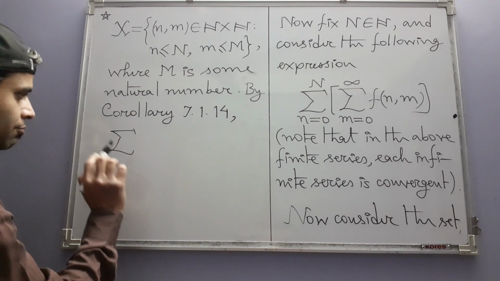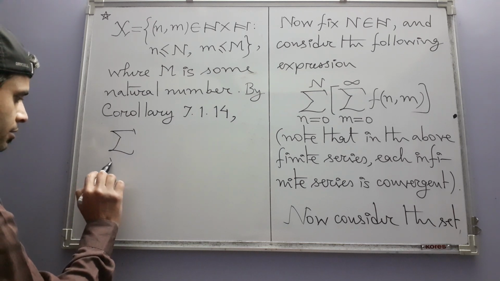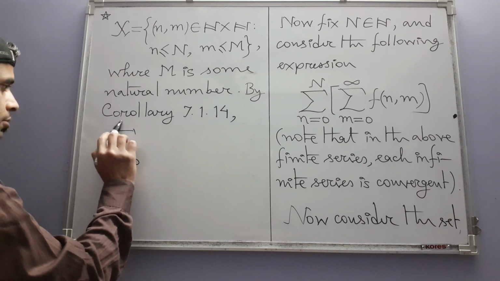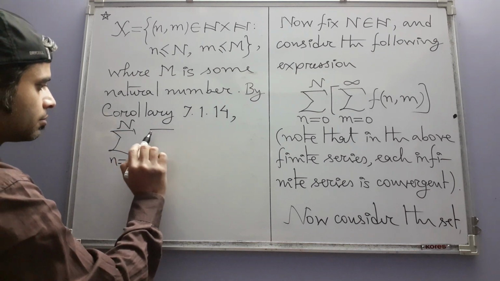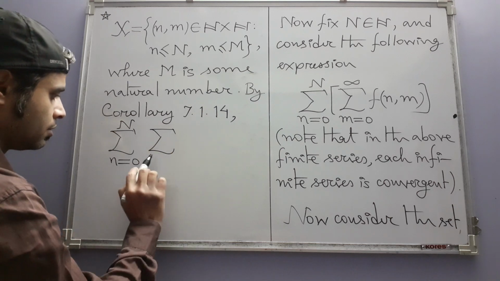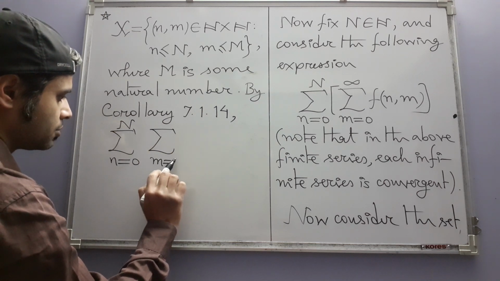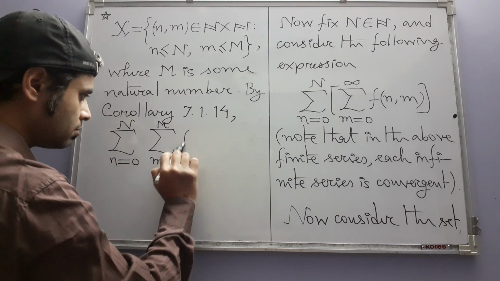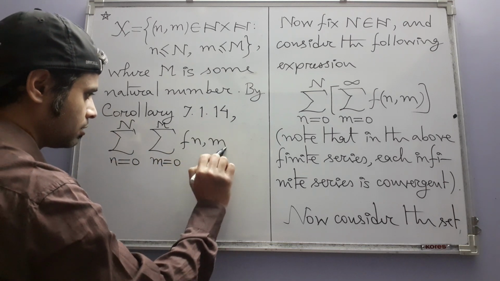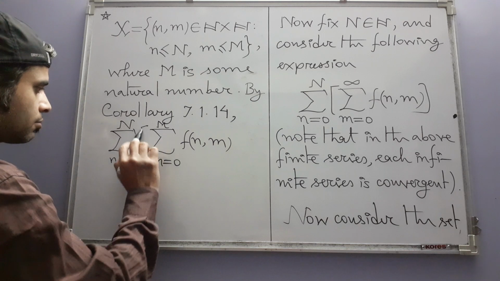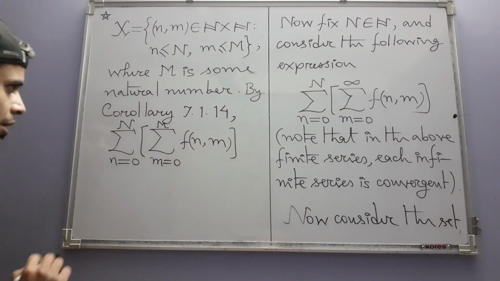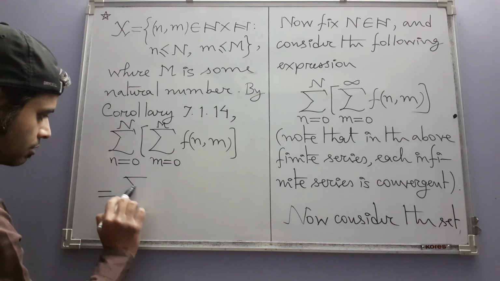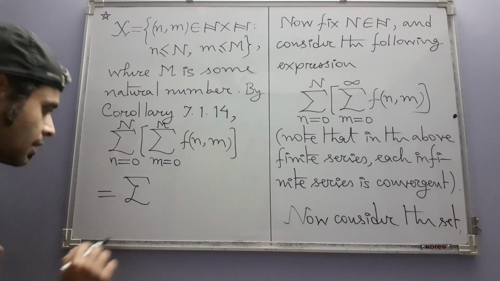This is the finite series that I was talking about, where n varies from 0 to N and m varies from 0 to M, of F of (n, m). By Fubini's theorem for finite series, this is equal to this finite sum,